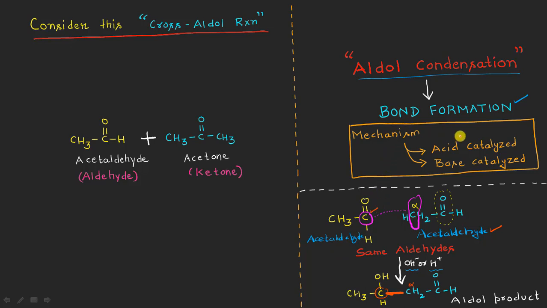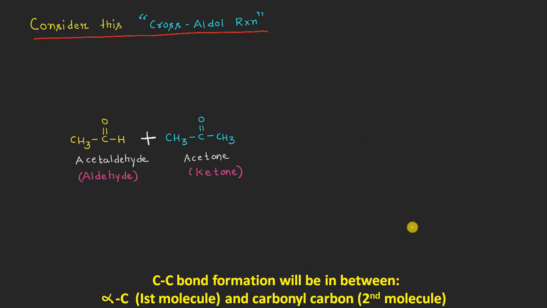The bond formation will always be like this as far as the aldol or the cross aldol condensations are concerned, right? So now let us try to solve this cross aldol reaction here, that is in between some aldehyde and then a ketone molecule, right? You can see here I have written this line here at the bottom